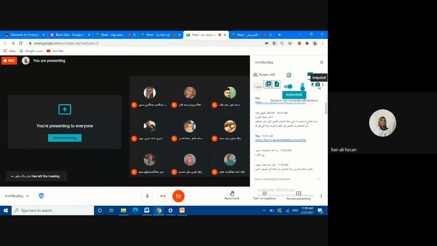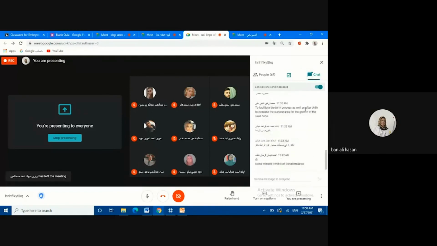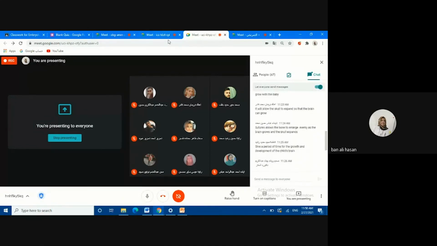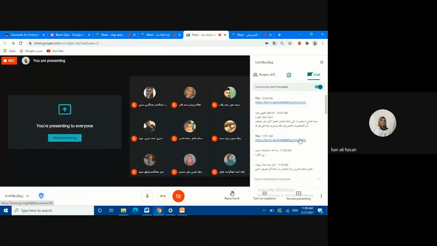Okay, so we'll come to the skull. The skull, we said, is divided into two parts, the neurocranium and viscerocranium. The neurocranium forms the protective case around the brain, while the viscerocranium forms the skeleton of the face. So the neurocranium is formed by mesenchymal cells derived from neural crest and paraxial mesoderm at the same time. So this will encircle